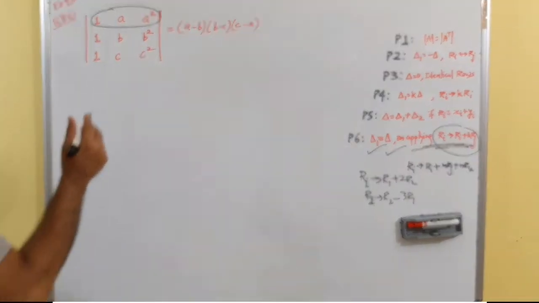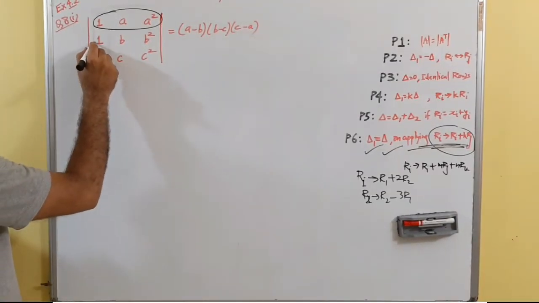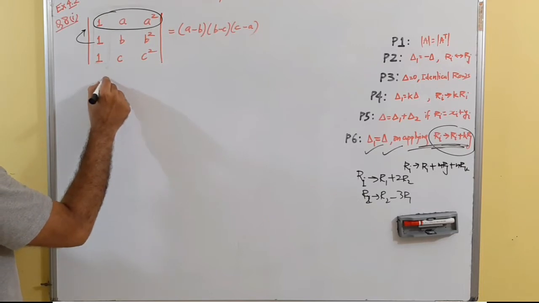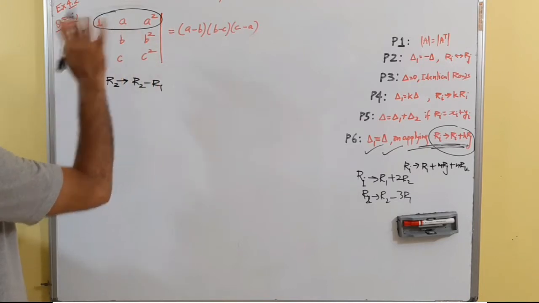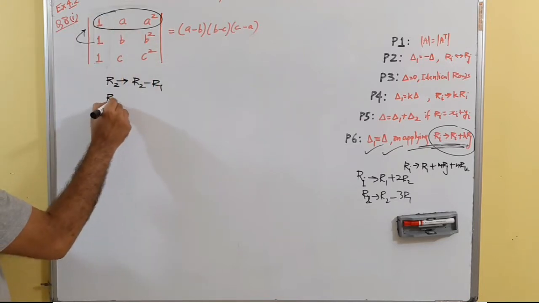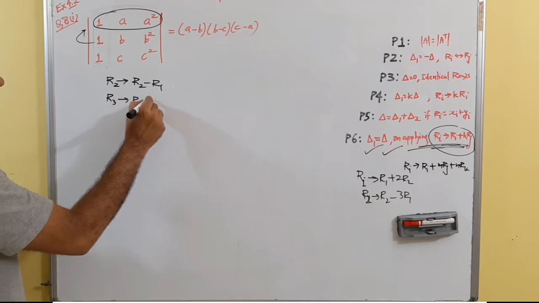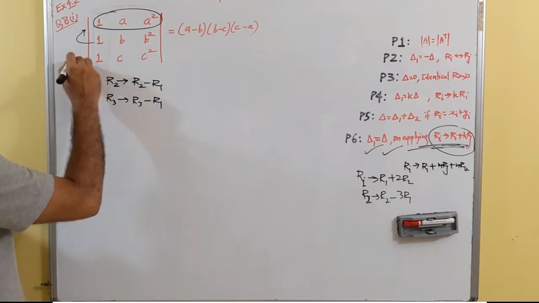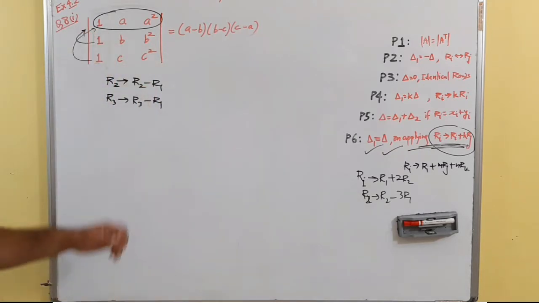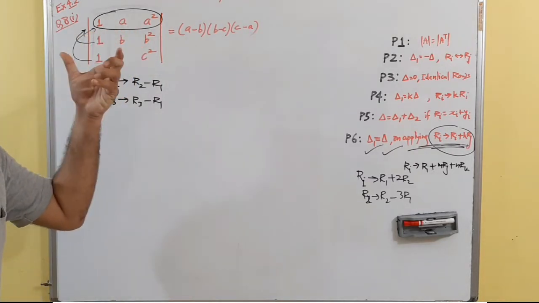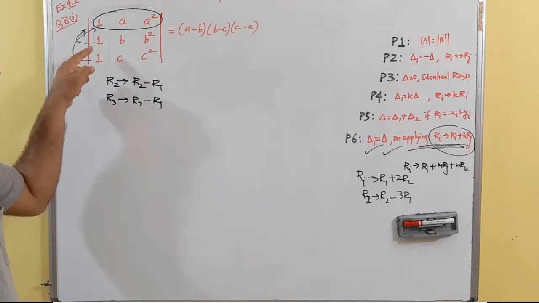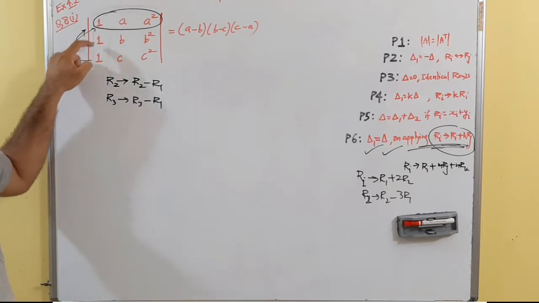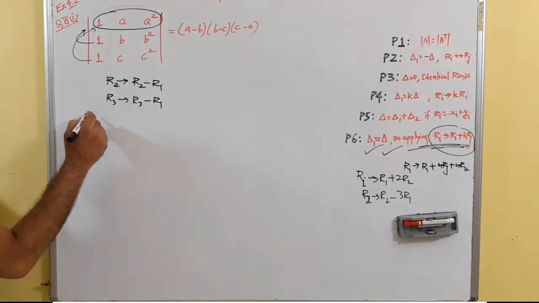Let's try this question. So if I subtract the first row from the second, that is, if I make the transformation R2 becomes R2 minus R1, then 1 minus 1 is 0, and R3 becomes R3 minus R1, 1 minus 1 is 0. What we have done is, we have fixed one row so that it is unaltered, and in the other two rows we are trying to make two zeros, right? So what happens, see,